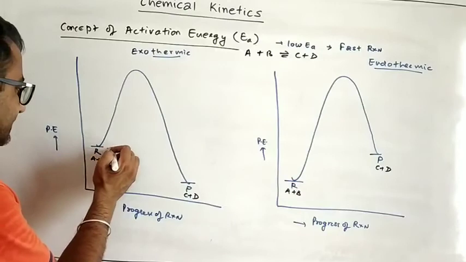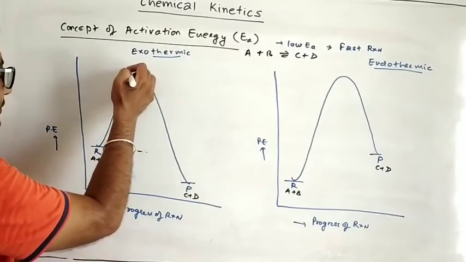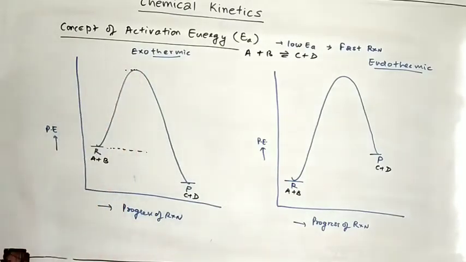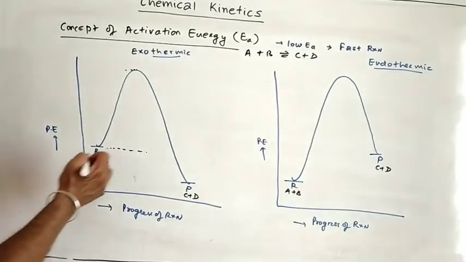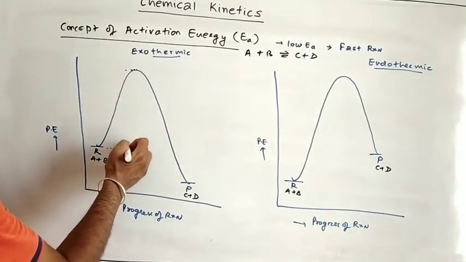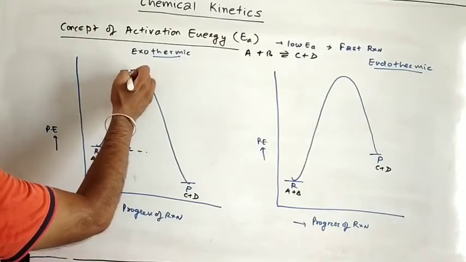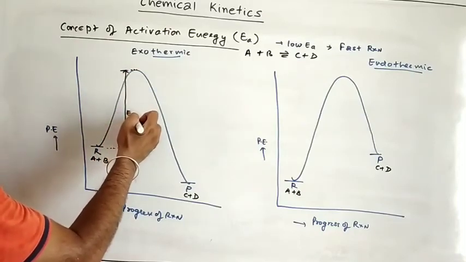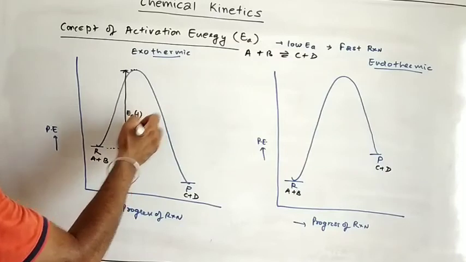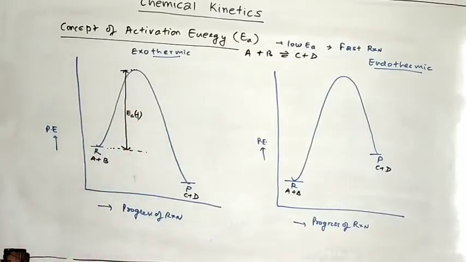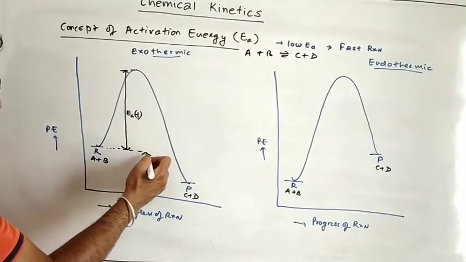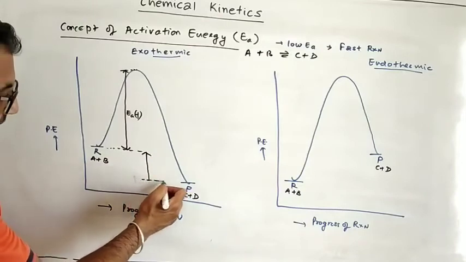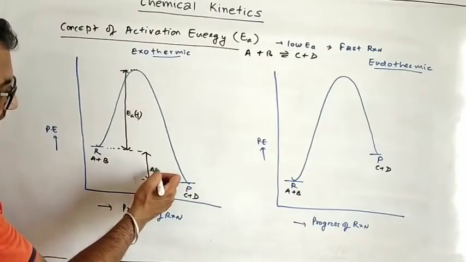This point, this top point is activated complex. Okay, so this distance from here to here, this is activation energy for forward process. Energy difference between reactant and product, this is simply delta H,